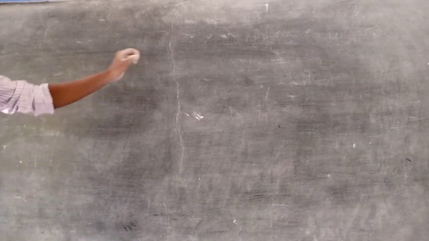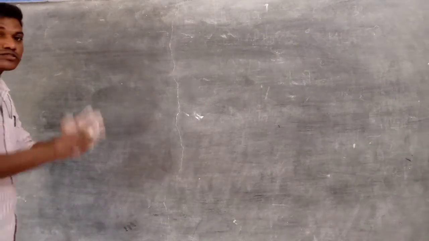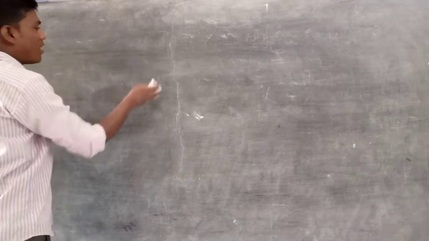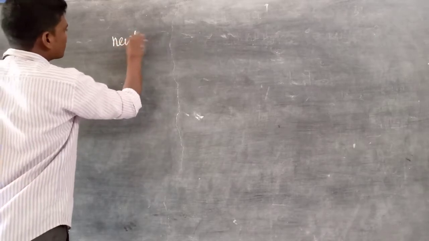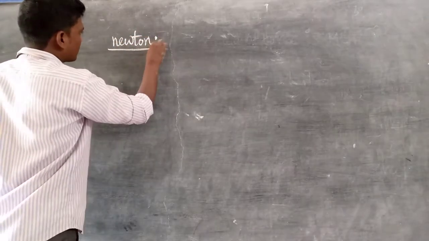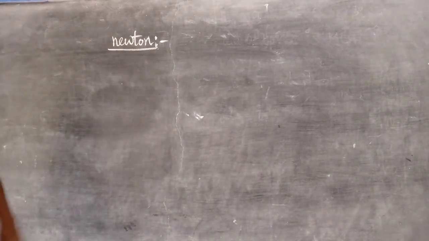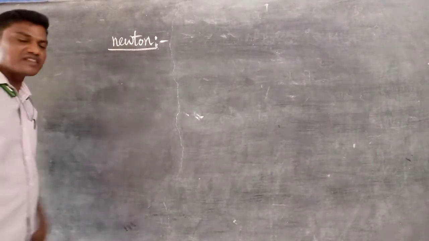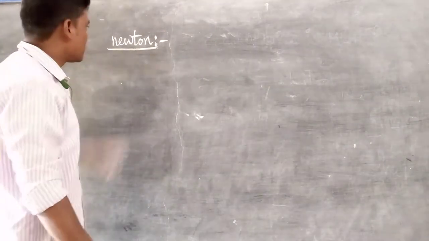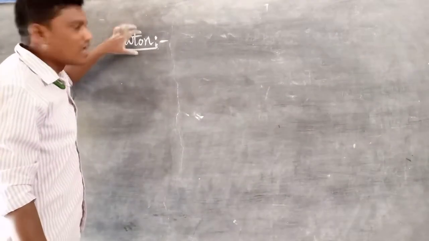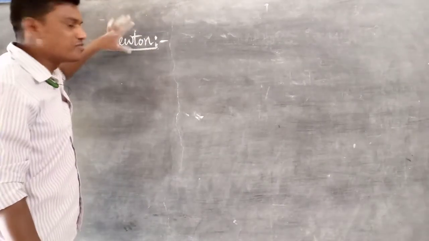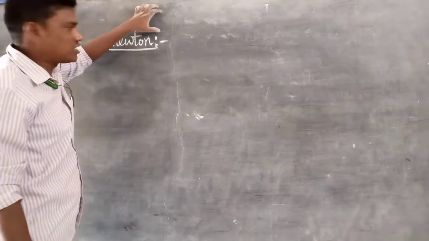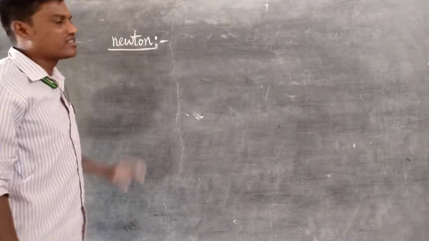Now we discussed two simple examples here, means two simple definitions. What is the Newton and what is the dyne? What is the Newton? Means how we can define the Newton according to the force. It is a unit, not the name of the scientist. The unit of the force we are using, for the honor of the scientist, we call Newton. That's why based on the units concept. So how we can define the Newton means